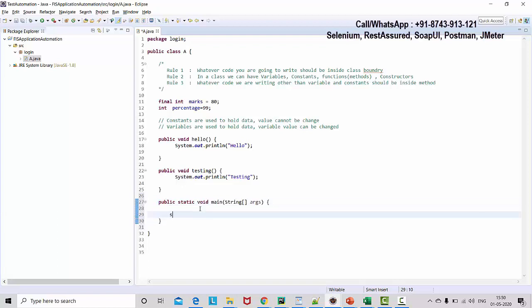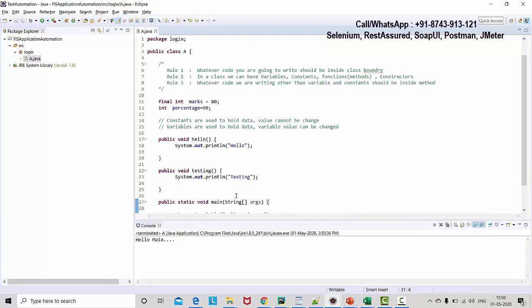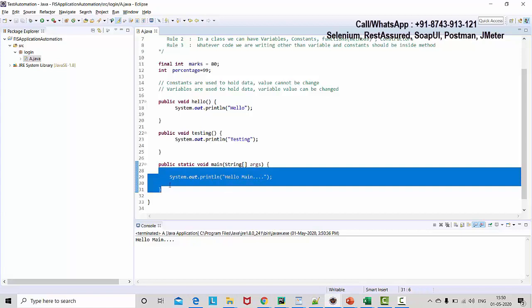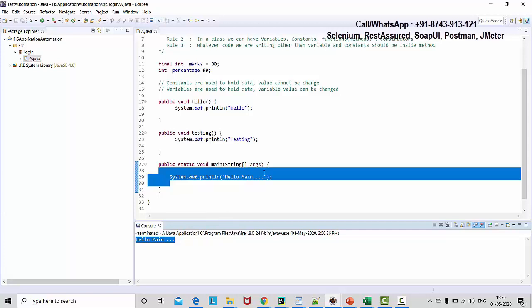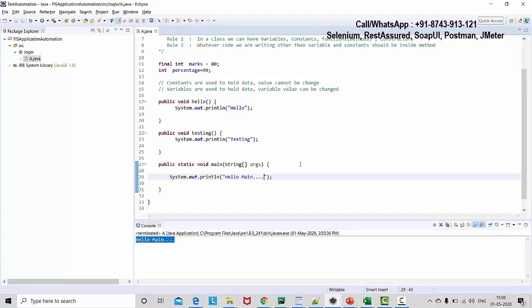So whatever code we are going to write inside the main, as of now, I'm writing like hello main. So I'm just printing this. Okay, now I just want to execute this. So that's my run button. As I run, you will notice main method executed, and whatever task you have written inside the main, it is doing that. So hello main is printed as you have written inside the main. And these 3-4 dots that I have placed, it's not mandatory. I can just write it like this. Whatever you write inside these double quotes will be printed.